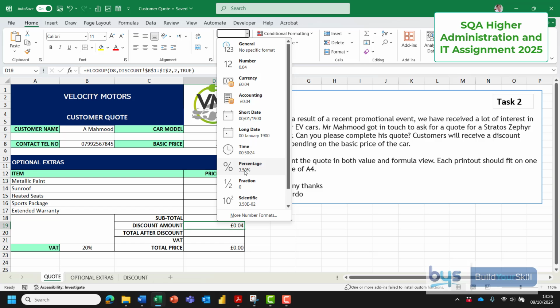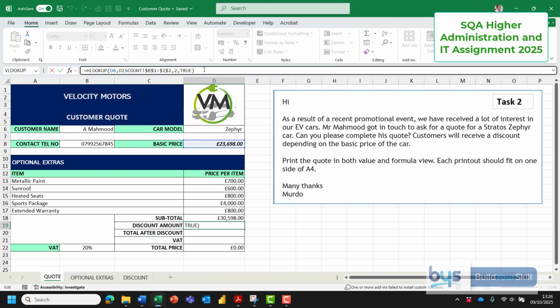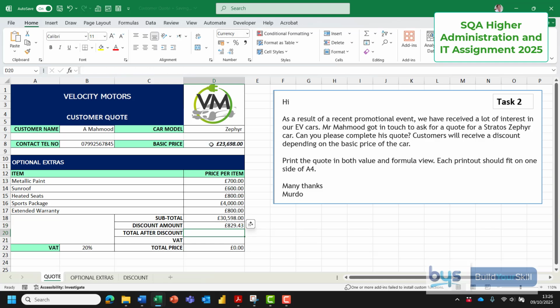So we've worked out what the correct percentage is, but we haven't actually applied that to the basic price. All that lookup brings back is the correct percent. At the very end of that, I can just do the multiply, and then we're applying it to the basic price. So 3.5% of the basic price is the actual discount. And click on enter, and there it brings back